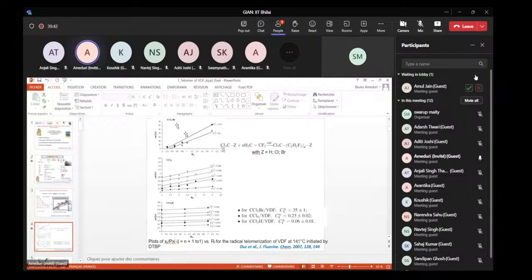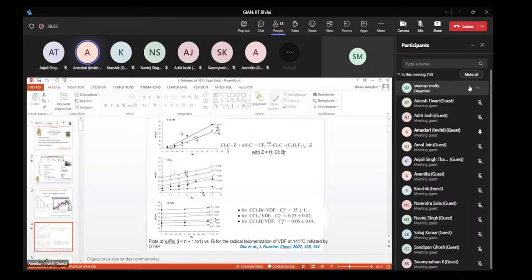If you consider CCl3Br, you can see the slope is about 26 or 34. Here in the case of CCl4, the slope is much lower, reaching 0.25. And in the case of chloroform, it is even lower, with a CT of 0.06, all of them at